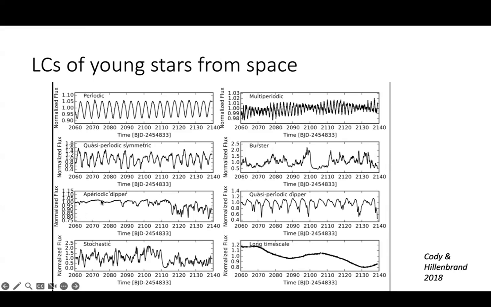Here you get things that are trundling along and then dipping. That is probably accretion columns or other kinds of dust occulting our view of the central object. Here you get a sinusoidal component that is coming from spots on the star, but then the dip is an accretion column rotating into view every orbit, every rotation. Here, stochastic, again, disk stuff, accretion column stuff. It's not periodic. There's not a lot we can do beyond say, oh, yeah, that looks like it's got a disk. And then long time scale variations.